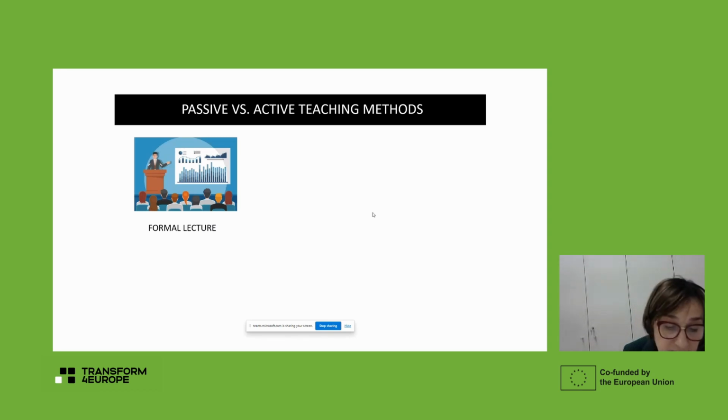traditionally seen as a passive form of learning. A transfer of information context. But of course, this does not mean that all the lectures are passive. In fact, we know that some of the lectures can be very effective. Students' mental activity can be very high. So when we say active learning, of course, we don't just mean active learning physically, but also mentally, very important. And in good lectures, lecturers can stimulate and encourage students to think with perfect examples, for example, with questions. This is also active learning.